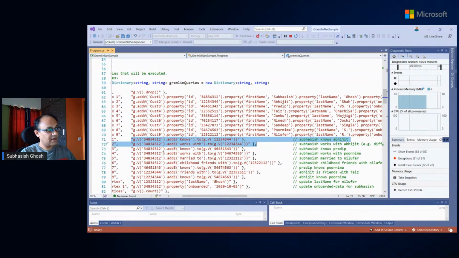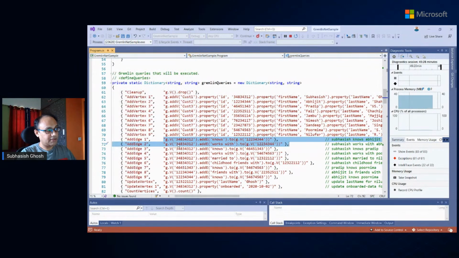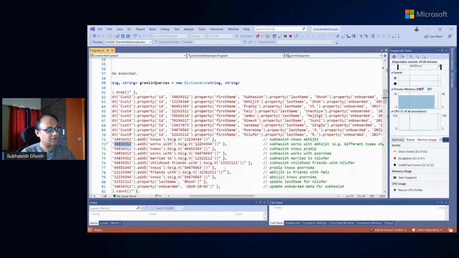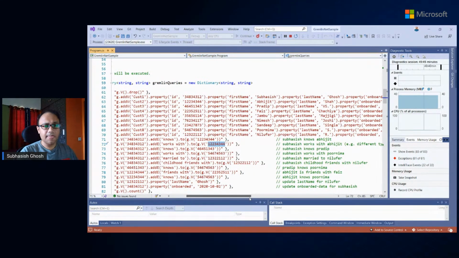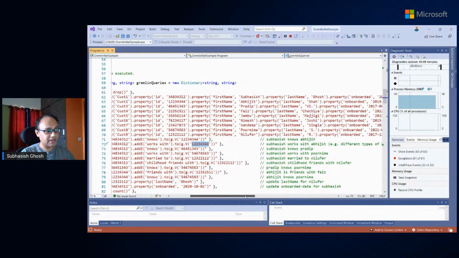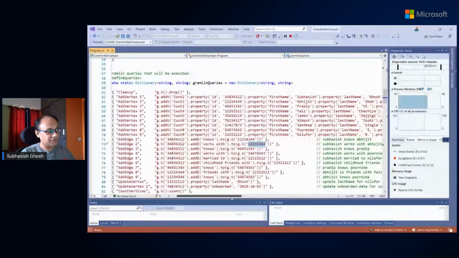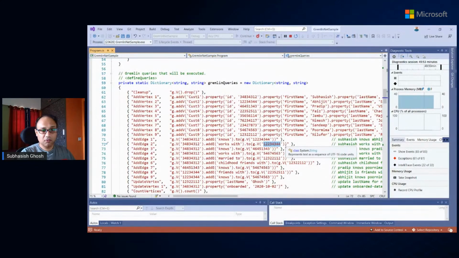For example, in this, I have shown this particular vertex, Subhashish, let's say, knows the second vertex called Abhijit. But it's also possible that Subhashish knows him because he's working with him. Both are colleagues. That's a fundamental reason when you're studying something like fraud analytics or social media analytics: you want to understand the different types of relationships between these same vertices.